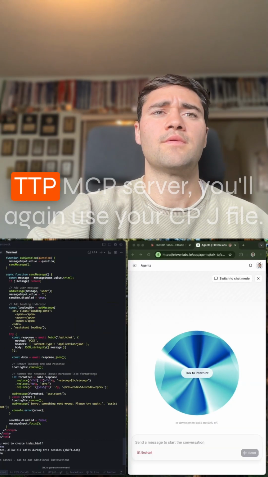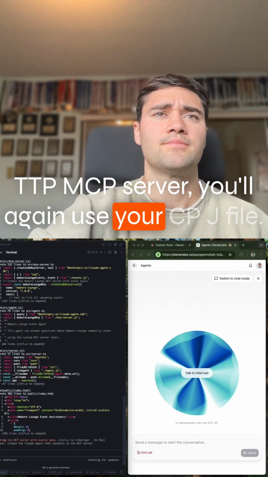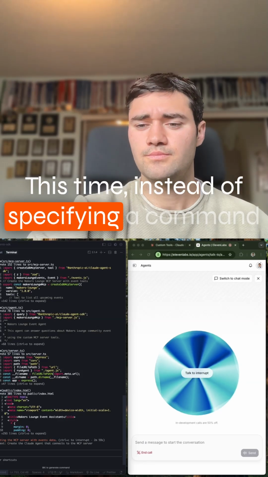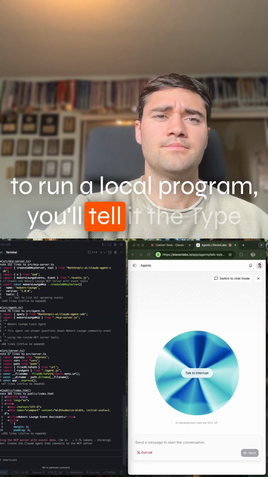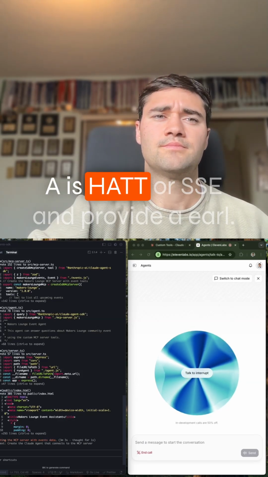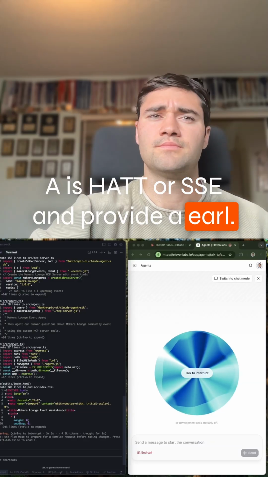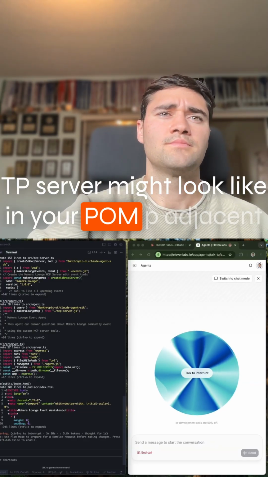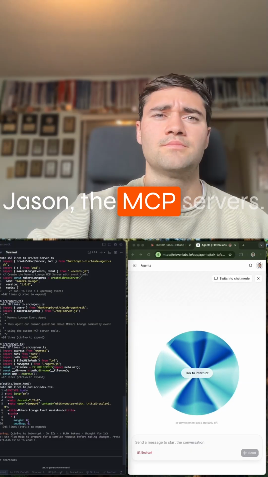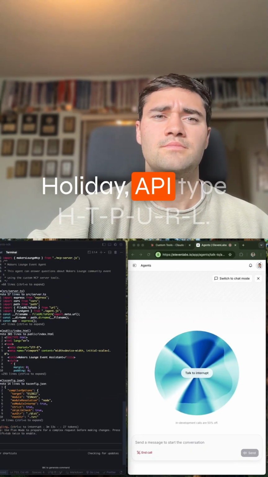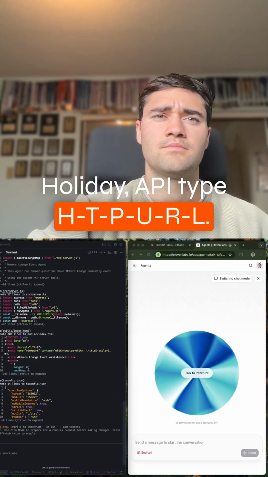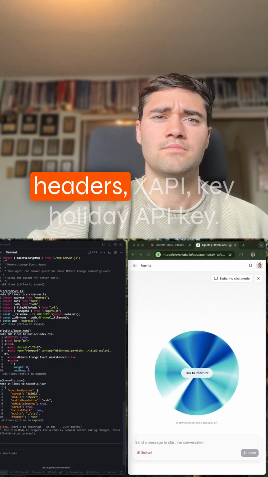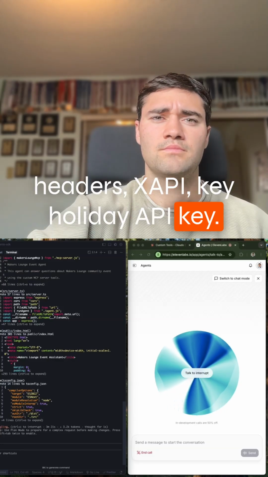To set up an HTTP MCP server, you'll again use your mcp.json file. This time, instead of specifying a command to run a local program, you'll tell it the type is HTTP or SSE and provide a URL. Here's what a basic configuration for an HTTP server might look like in your mcp.json. { "mcpServers": { "holiday-api": { "type": "http", "url": "https://api.example.com/holidays/mcp", "headers": { "X-API-Key": "holiday-api-key" } } } }